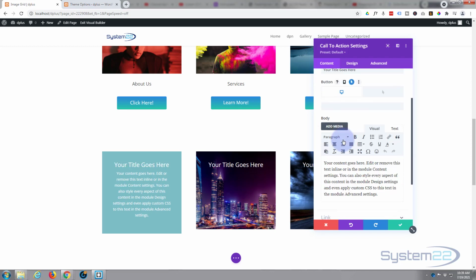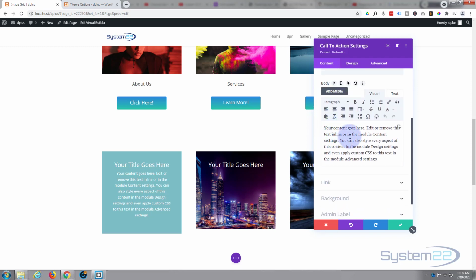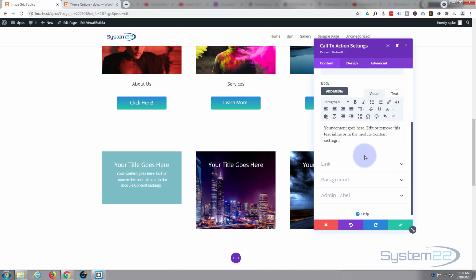So just down below the button, remember we're back in the content in the text settings now, in the text. We're going to do exactly the same thing. I don't want quite as much content as this. I'm going to cut mine down to about this much. Obviously you're going to have different amounts of content in each one, but we're going to give this a fixed height so that won't matter. So yeah, I'm going to keep about that much content,